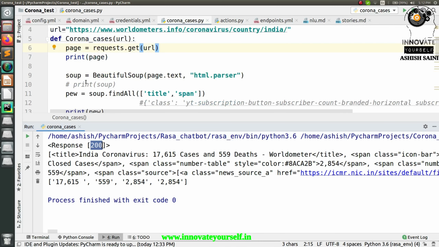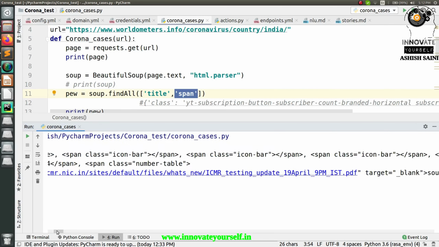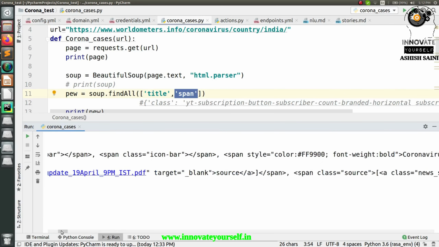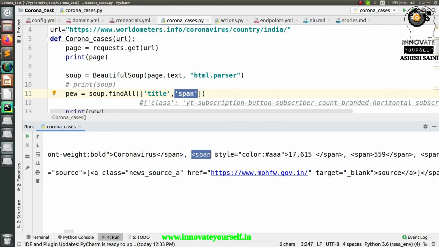And after that, when I find the data with respect to this title and with respect to this span, you are able to fetch the data which you have here, right? With respect to this title, you have this and this. Similarly, with respect to this span, you have the other thing. Yeah, here you can see with respect to this span, you have the number of confirmed cases, right?